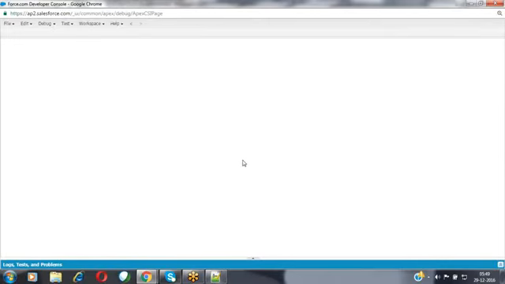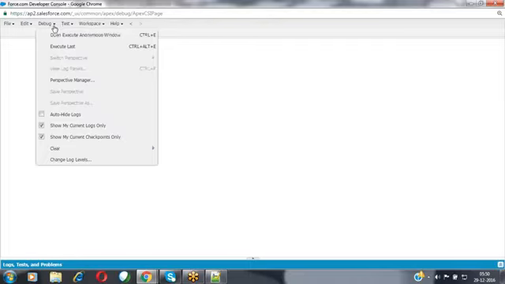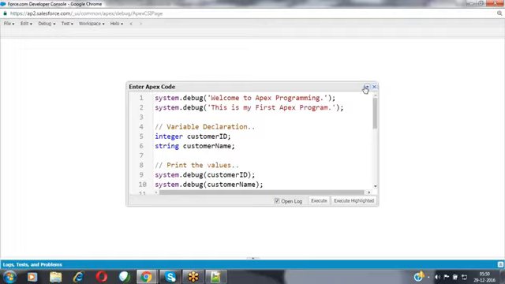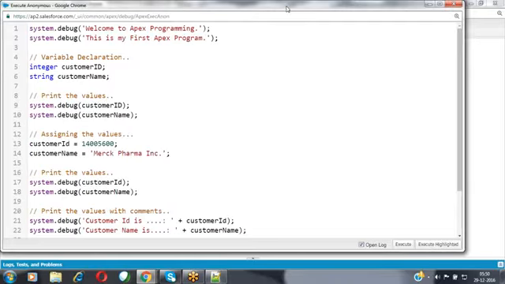To open it, we can use the shortcut Control E. Or else, go to the Debug menu on the top menu bar, expand it, and inside you will find Open Execute Anonymous Window. Simply click on that.